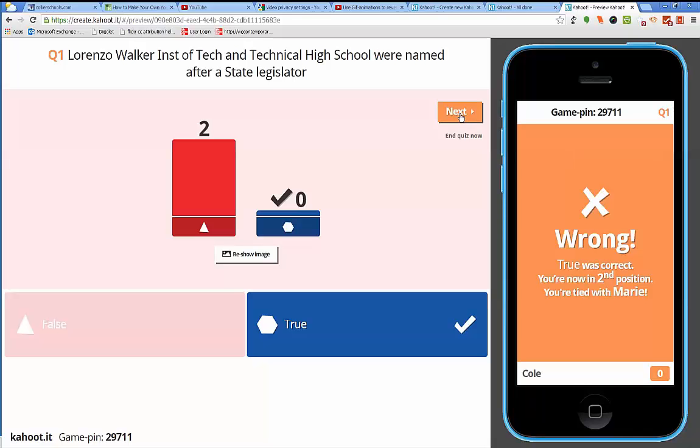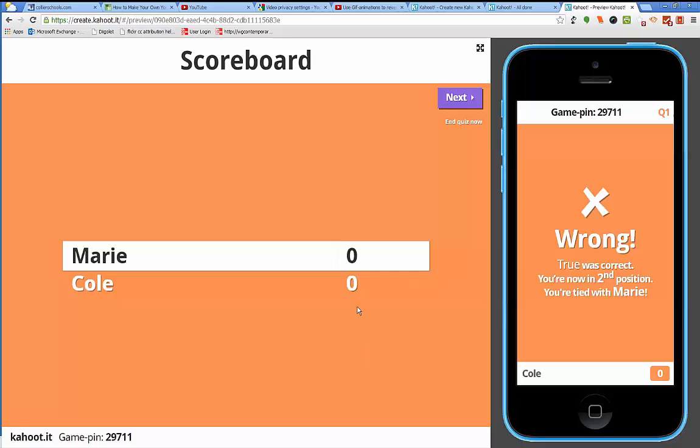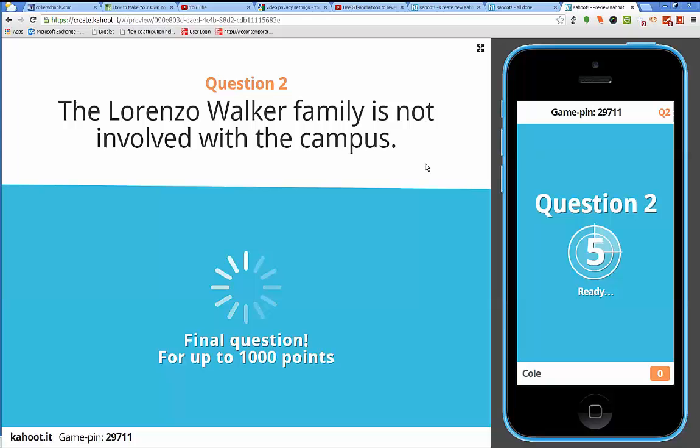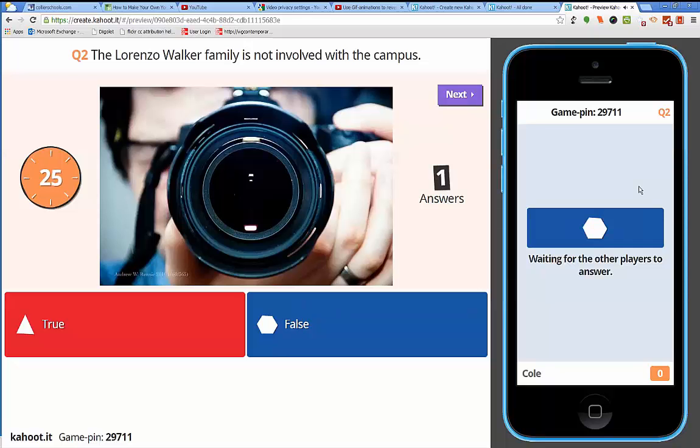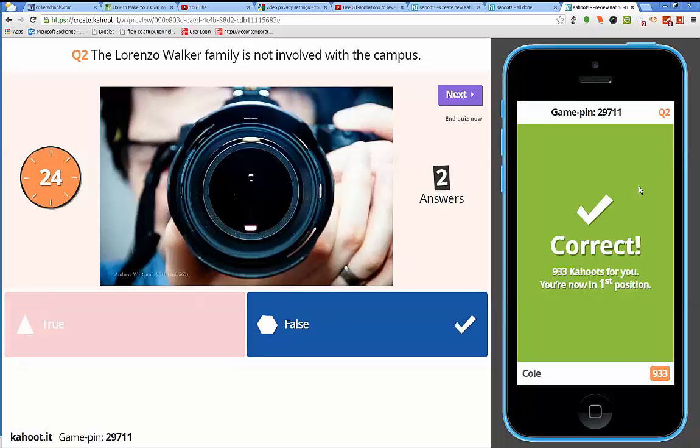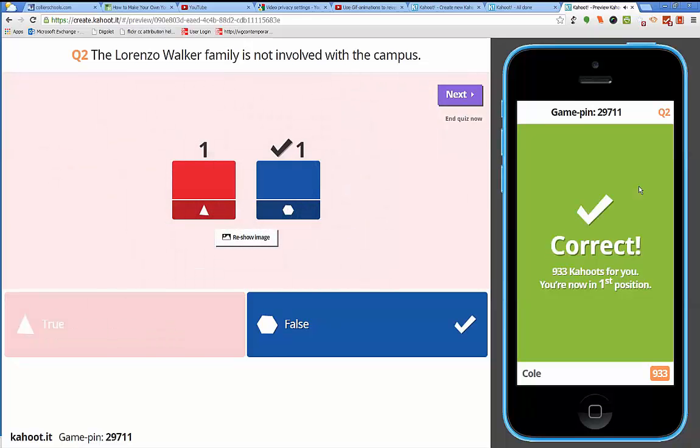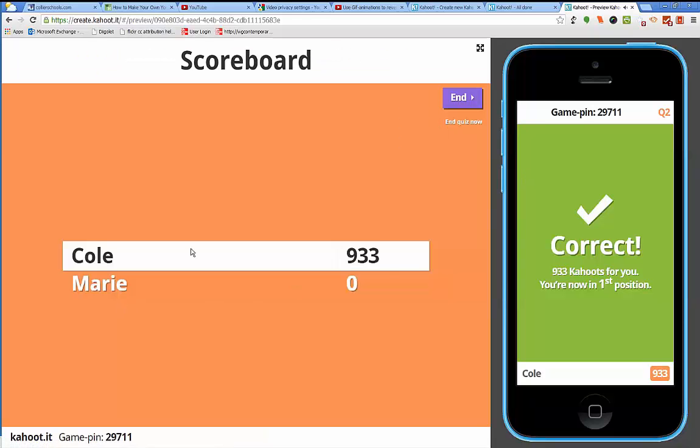And you'll see that neither of us have points. So now we'll go over here, and the faster you can put in an answer, the more points that you'll get. So let's try this. The Lorenzo Walker family is not involved with the campus, and we know that that is false. Oops, false. And we'll put true over here. So one person got it correct, one person got it incorrect, and now we'll see how those points work. So Cole, the one that you saw here, got 933 points, and Marie